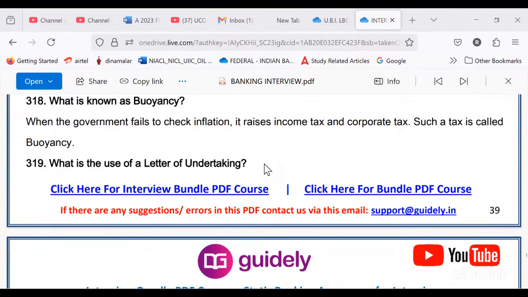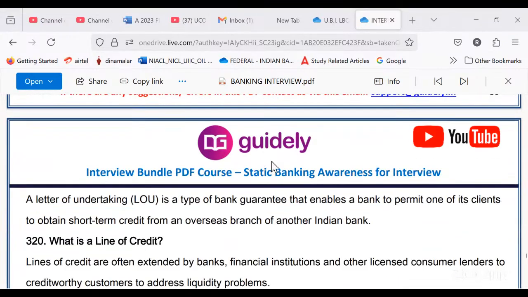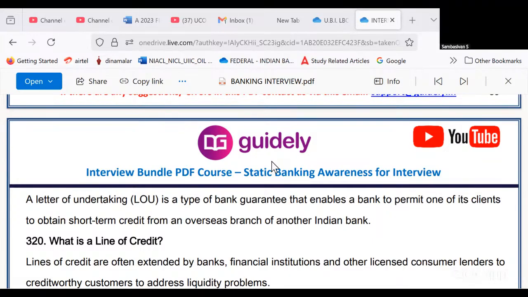Question number 319. What is the use of letter of undertaking? Please read. A letter of undertaking, LOU, is a type of bank guarantee that enables a bank to permit one of its clients to obtain short-term credit from an overseas branch of another Indian bank. This is what